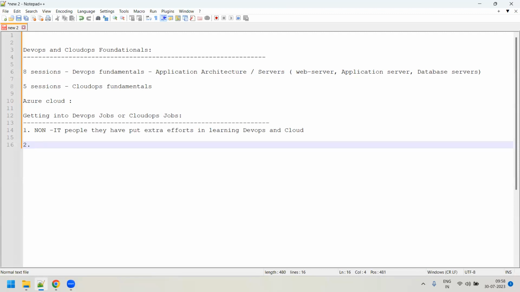Can you tell me, some of you? Suppose you are an experienced person, meaning you are already working in some domain. Sir, both of them is hard. No, I will tell you one thing from what I have experienced: for a person who already holds experience, like 8 or 10 years, and who has a family life also, it is very difficult to learn, even though they are into software work.